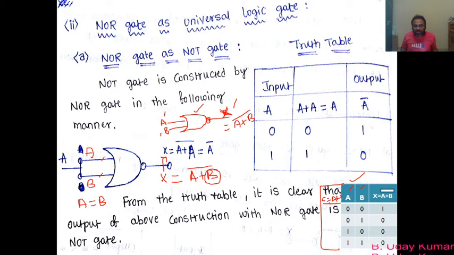So what is A plus B bar? A plus B bar means 0 plus 0 is 0, 0 plus 1 we used to get 1, 1 plus 0 is also 1, and 1 plus 1 is 1. So out of these 4 combinations, there are 2 combinations where A is equal to B. What is that combination? This one. When A is equal to B, this is the combination that I get.